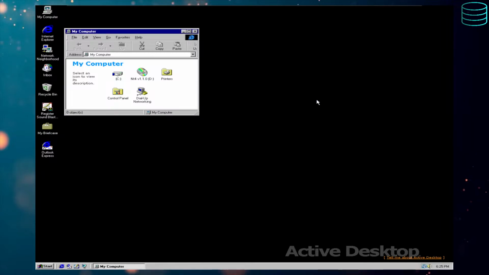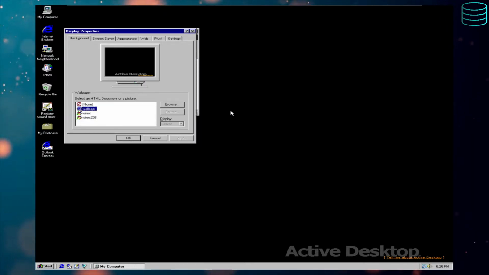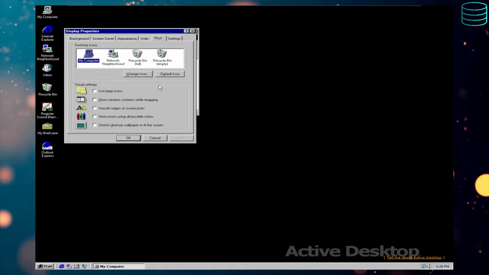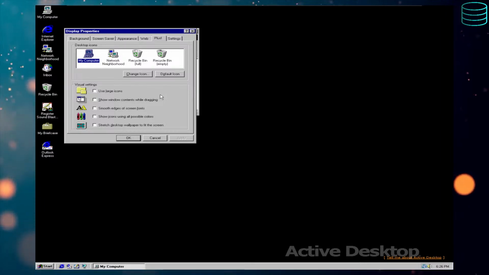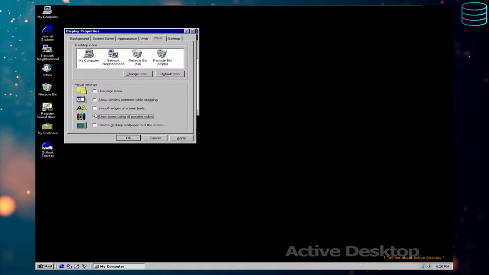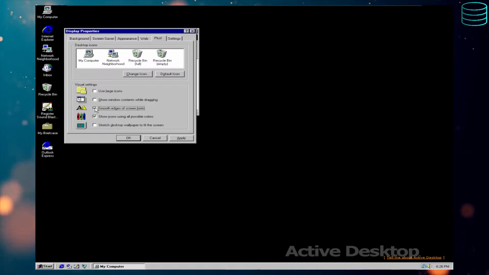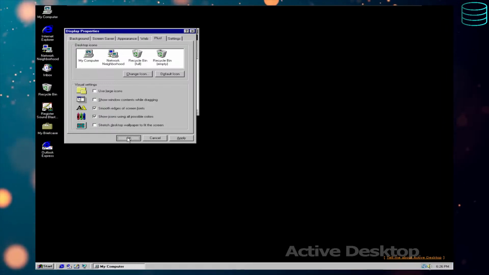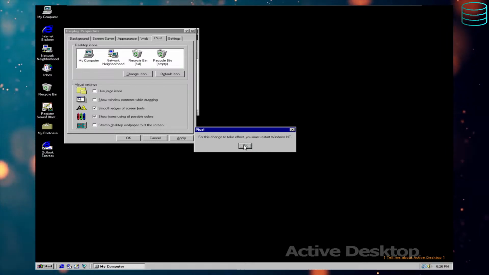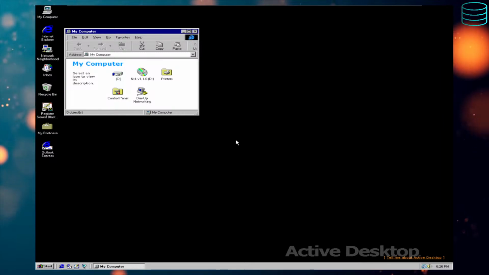One thing we are going to do, just because it makes things look a little bit nicer, is we're going to go to the properties over here. We're going to go to the plus section. So this is like the plus pack for Windows 95. I'm going to give all the icons some colour, and let's have some smooth edges on our fonts. So it'll be quite nice. We'll OK that. Of course, once again, it doesn't really take effect until you restart Windows NT, but again,